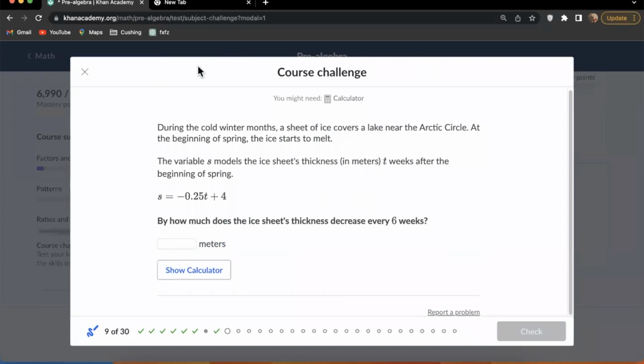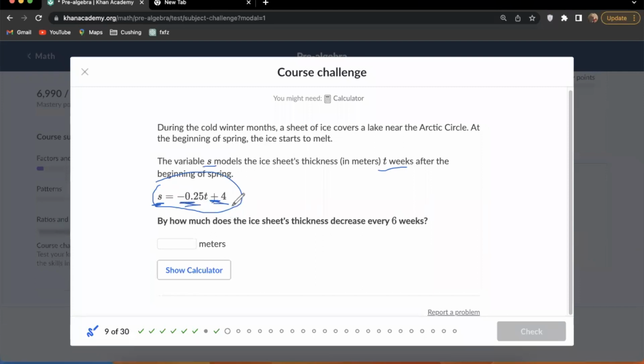All right. During the cold winter months, a sheet of ice covers a lake near the Arctic Circle. At the beginning of spring, the ice starts to melt. The variable S models the ice sheet's thickness. So the thickness will decrease over time. That is definitely what this equation is showing. It's showing that the thickness S starts at 4, and then it's going to go down by 0.25 every